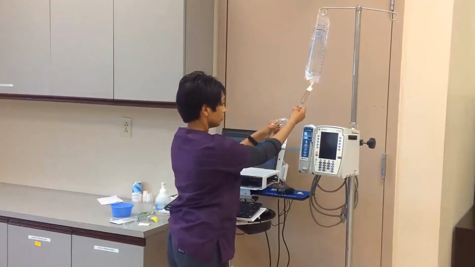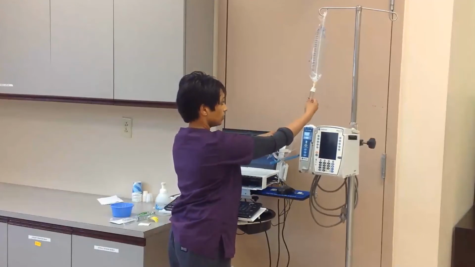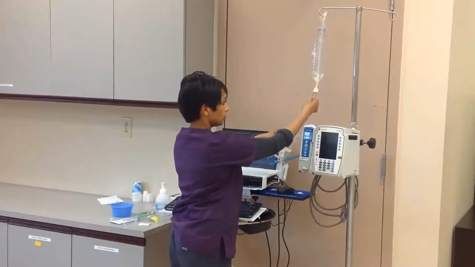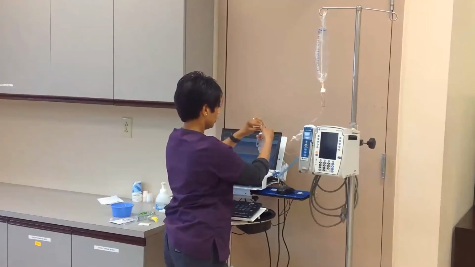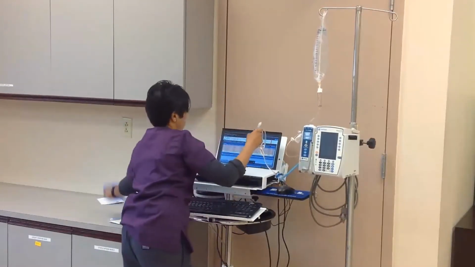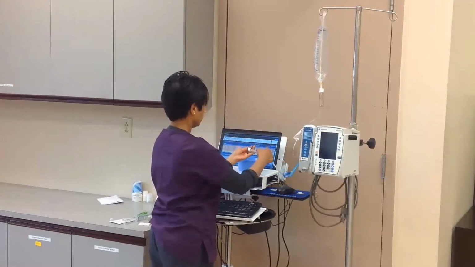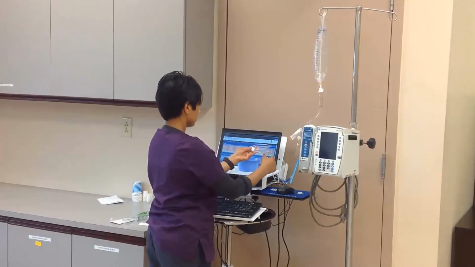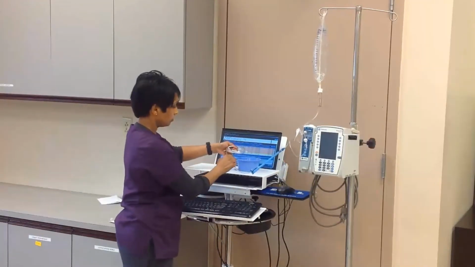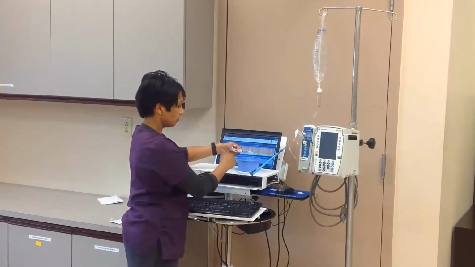Squeeze the drip chamber until it is about 2/3 full. Prepare a cup or bowl on your work surface to collect the prime solution. With your non-dominant hand, hold the male luer end above the bowl without allowing it to touch. With your dominant hand, slowly open the roller clamp and observe as the fluid begins to run through the tubing